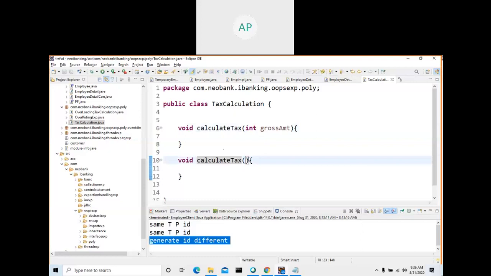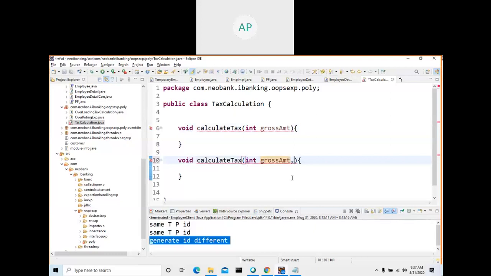This is called overloading. If you don't have the overloading concept, then the names should be different. Since Java implements overloading as part of polymorphism, you have the ability to write methods with the same name but different parameters. The same parameters it won't allow; you got an error.